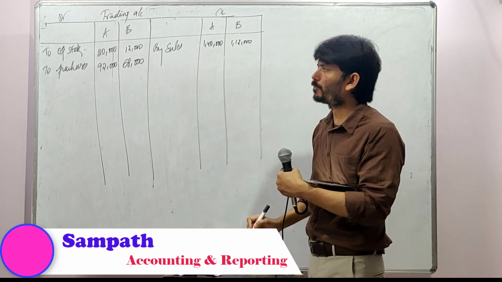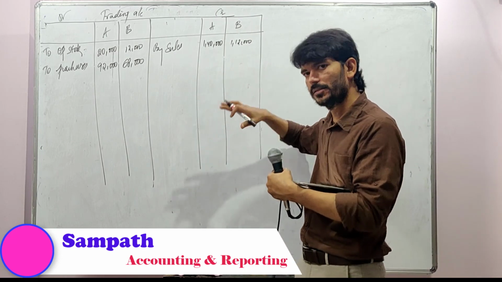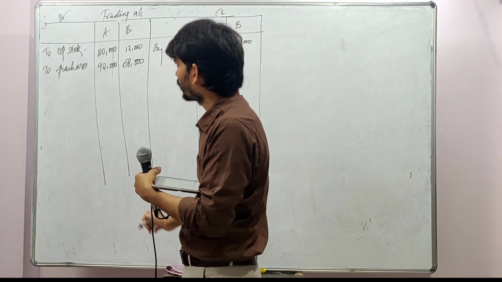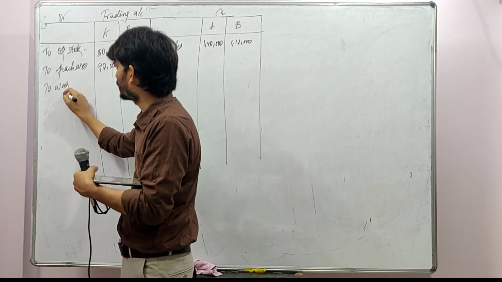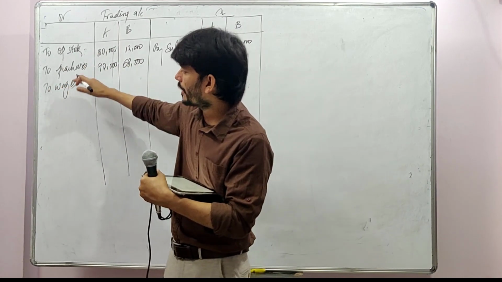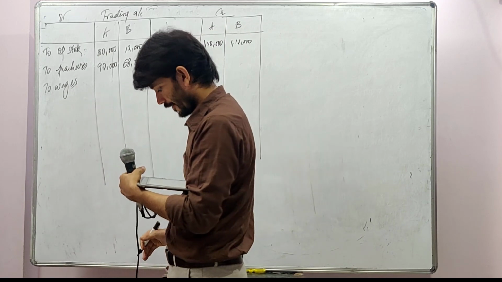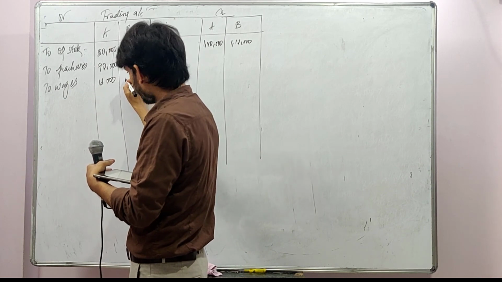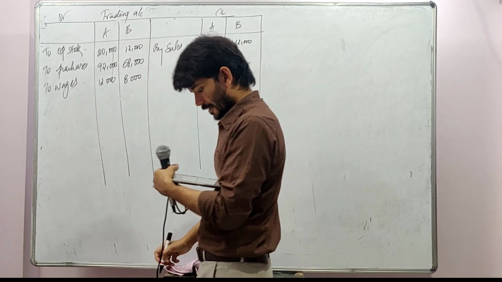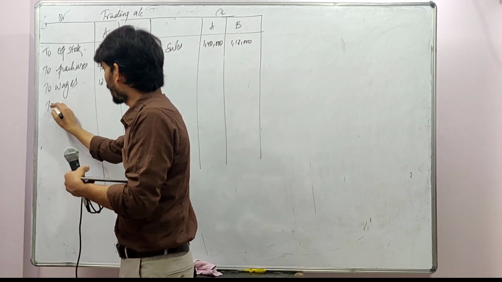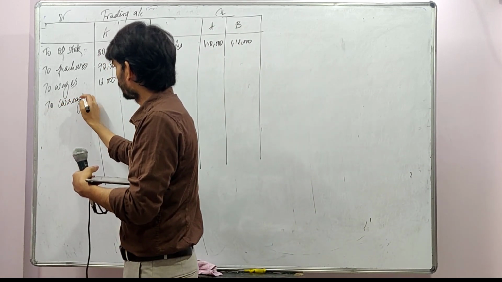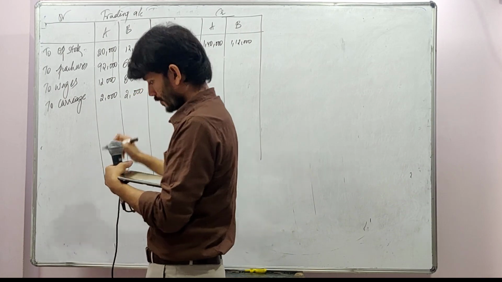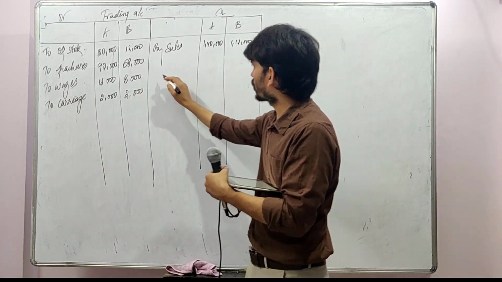So you feel a bit bored while writing here, but the main crux is once we write everything, then our analysis part will start. Wages 12,000, 8,000. Wages, because it is a direct expenditure, I should not be giving a thought to whether I should be writing there or here, because it's only a direct expenditure. Carriage 2,000, 2,000. Carriage also again is a direct expenditure. Closing stock will come on this side.